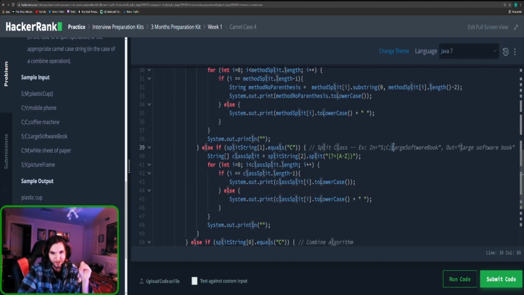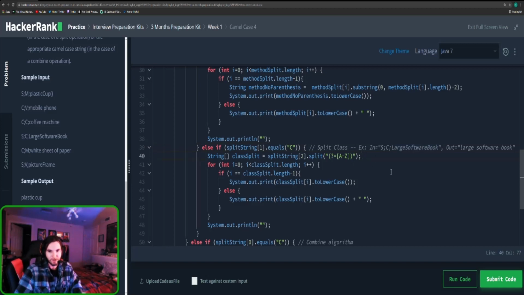So if it was this input right here, large software book, it's going to split this word. Let's write it right below here. If we did it exactly like this, it's going to split this into L, arg, soft